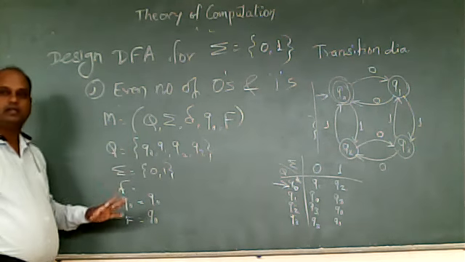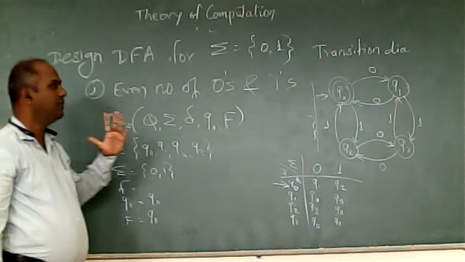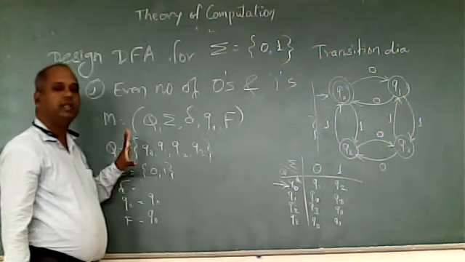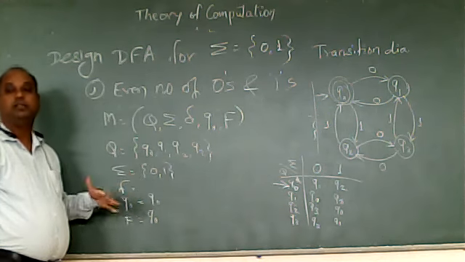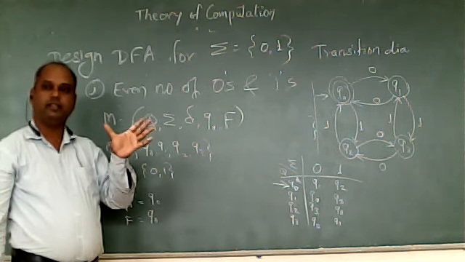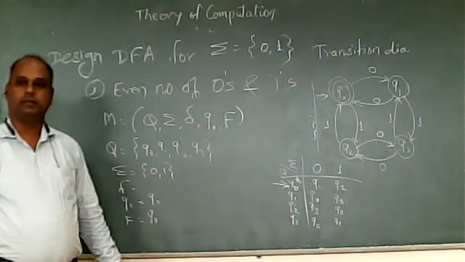So this will complete our answer of designing the DFA. What does the answer require? The answer requires the transition diagram, transition table, and the definition. Again, if the question is asked for 5 marks, we have to derive the valid strings and invalid strings for the same problem. Okay.